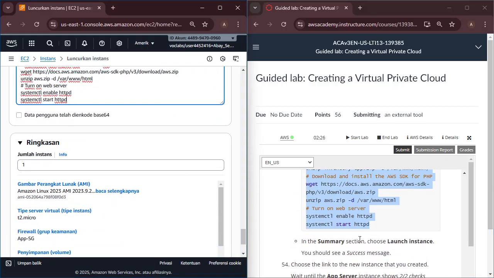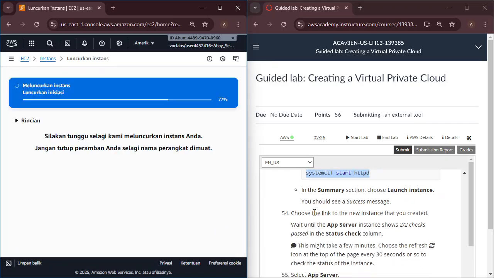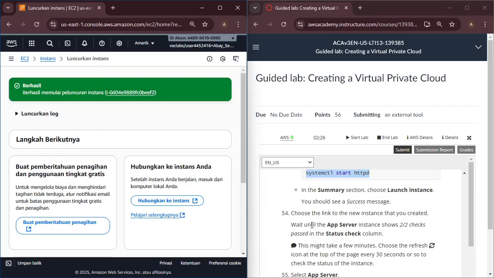Then in the summary, just click Launch instance.